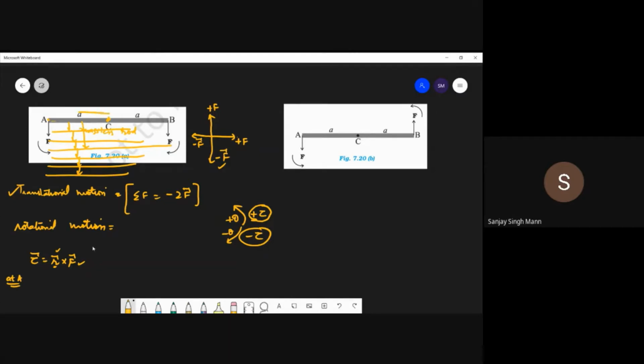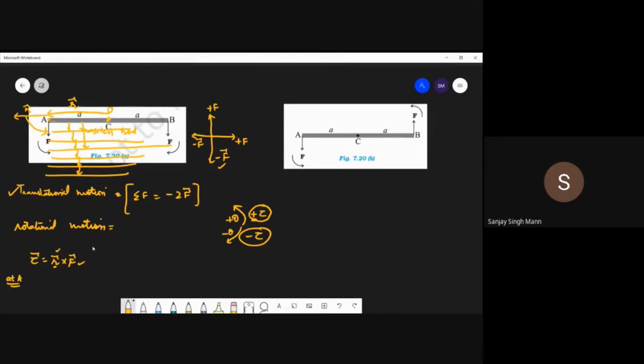So from this C, draw R. This is your R. Students, this is the only thing you need to do: first of all, find R. This is the axis of rotation. You have taken C and A. This is the point of application of the force, so this is the position vector of the point where the force is applied, from the origin. Now this is the direction of R. Now tell me, R cross F. So this R, this F, this is the direction that we draw here. Which direction is this? This direction.